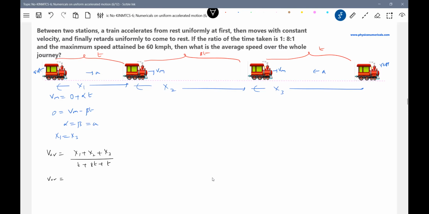What is x1? x1 should be equal to a t square by 2. What is x2? Vm into 8t. What is x3? x3 is also equal to Vm t minus a t square by 2. But we know Vm is equal to